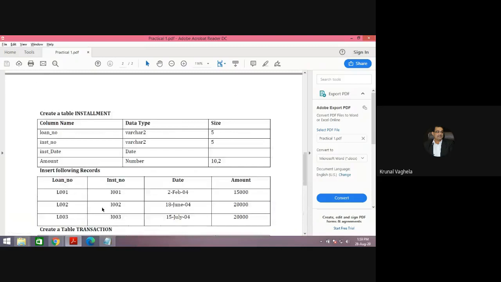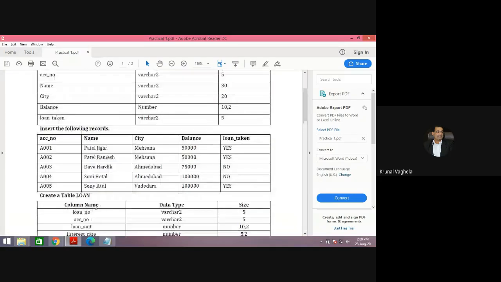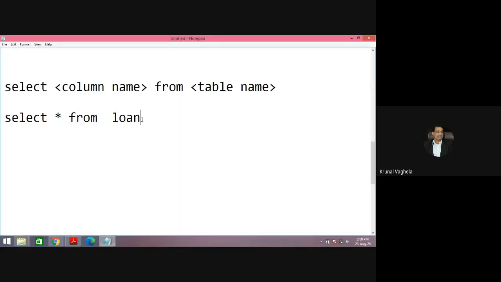Now consider this is the data of the account table. Suppose I want only names. I want only name, no other column. I don't want account number. I don't want city. I don't want balance. I don't want loan_taken. I want only names. So what I can do, select. Now in place of star, what should I write? What is the column name of name?